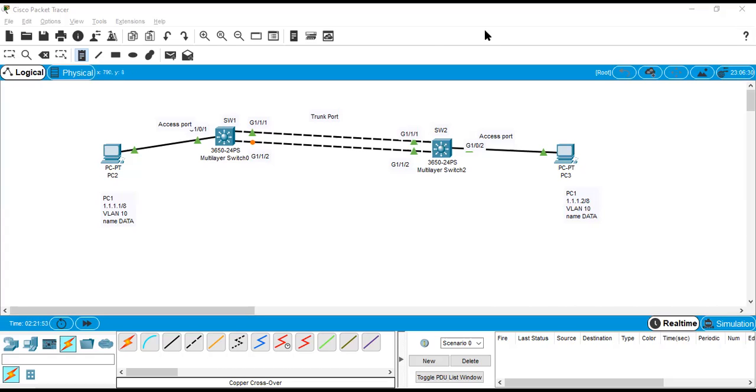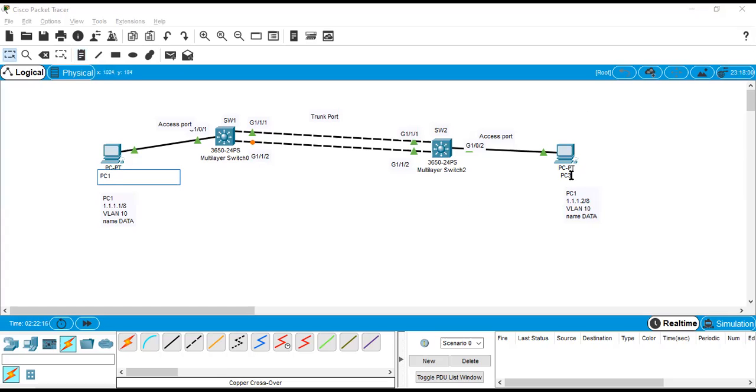So now if you check the switch MAC address, let's say we'll open switch 1 and switch 2. Before that, we can assign an IP address to the systems, PC1 and PC2. This is PC1.